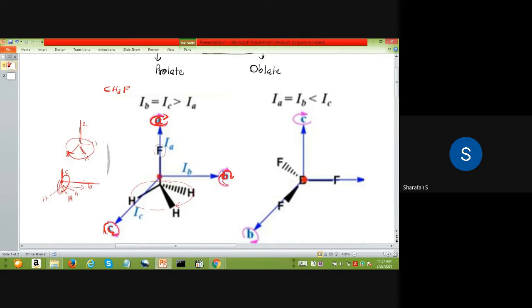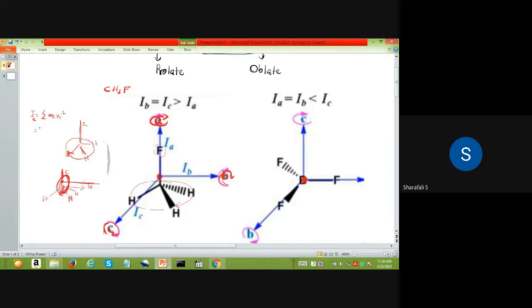So you can picture that the molecule is rotating like this. So we have 3 hydrogen and 1 fluorine which is rotating about axis B. So the mass is larger in this case. Okay, so in the first case, if you expand that sigma m_i r_i square as your moment of inertia I_A,